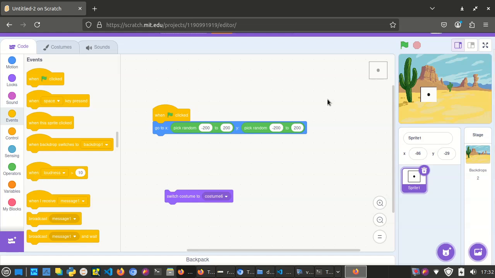Okay, so I think we covered everything there that we needed to on our practical technique card about random numbers in